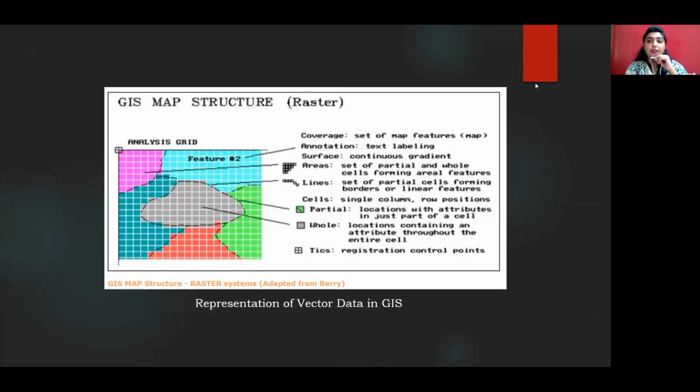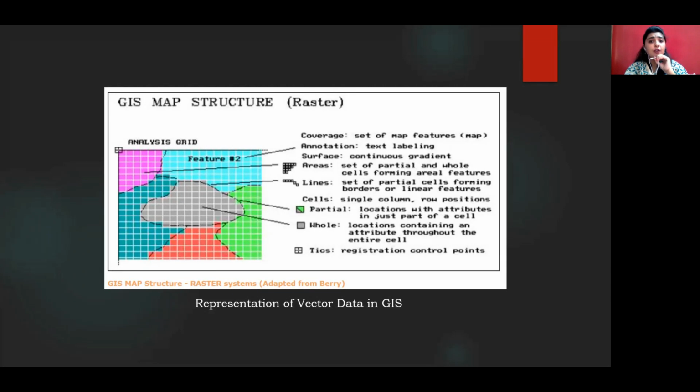So that's how a raster data model is shown in a GIS environment. You have the areas, and if you want to construct any line or a polygon, you actually will have to digitize it. You have no other option. You have to digitize the polygon, or you have to digitize the line, or you have to digitize points in that case.